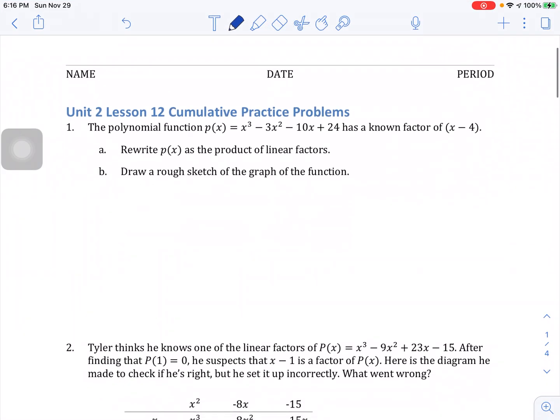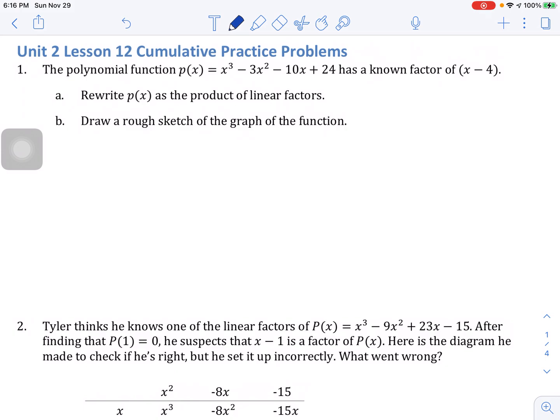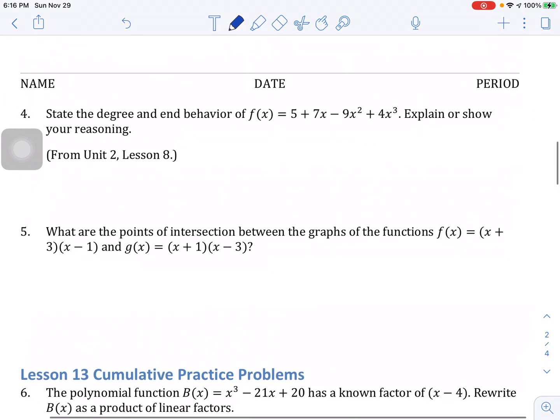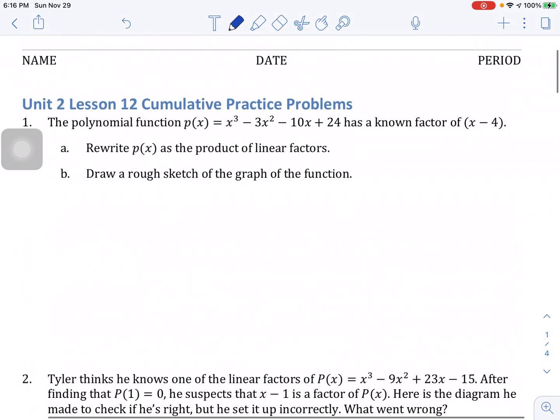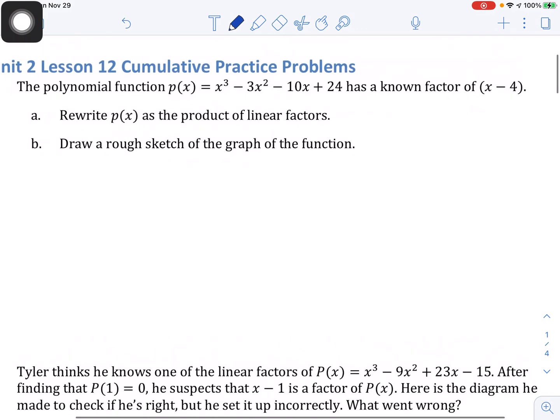Okay, here are the solutions to lessons 12 and 13 practice problems. Number 1 here, 1 through 4, I believe, 5 are from 12, and then 6 through 9 are from 13. So number 1, the polynomial function p of x has a known factor of x minus 4, and so we